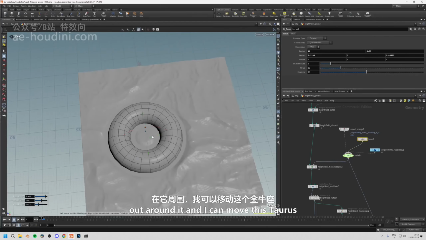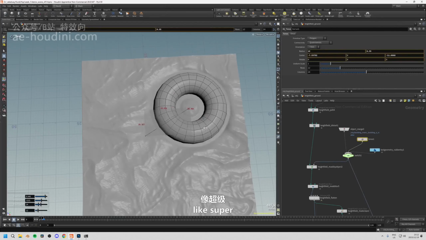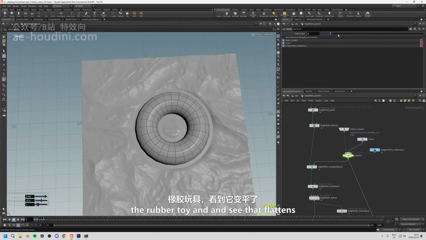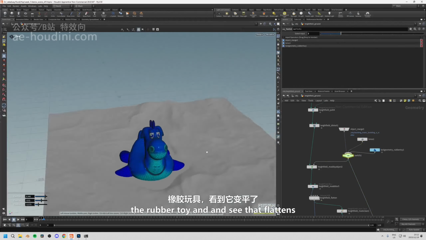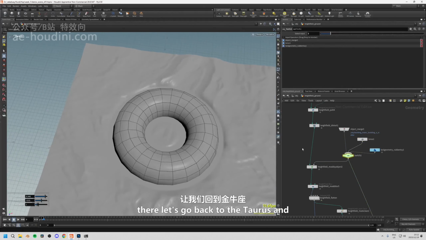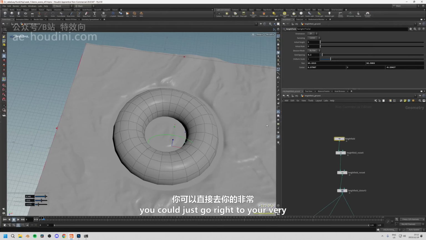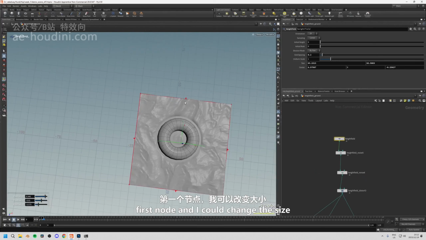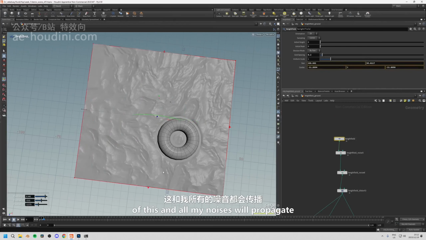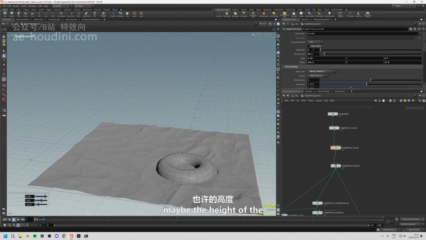And I can move this torus around, and you can see this just updates super quickly. As well as if I just go to the rubber toy, and you can see that flattens out there. Let's go back to the torus, and then the other thing you could do is go right to your very first node, and I could change the size of this, and all my noises will propagate through the whole scene. We can change maybe the height of the noise,